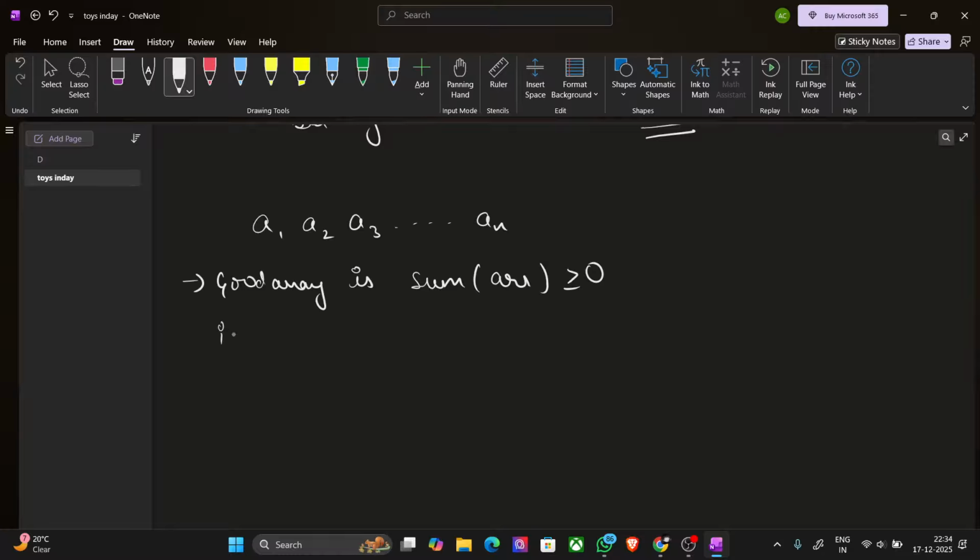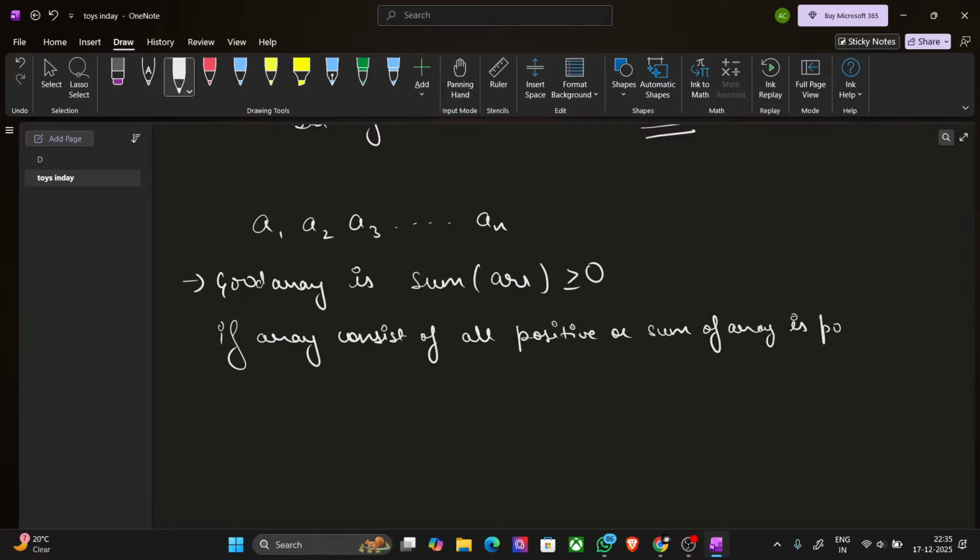If the array consists of all positive elements or the sum of the array is positive, then we need 0 operations, right? But if the sum is negative,